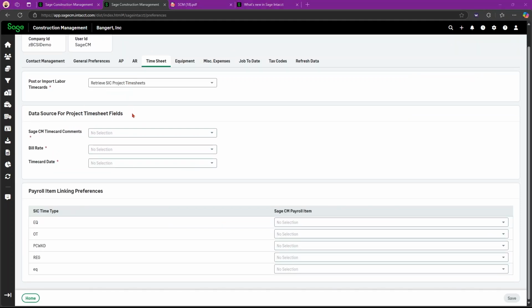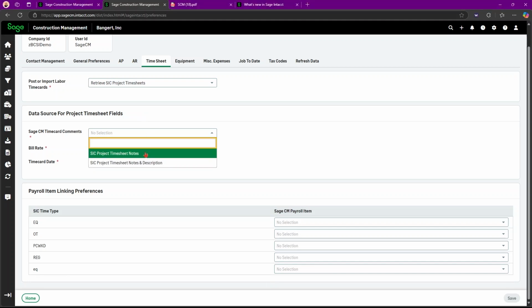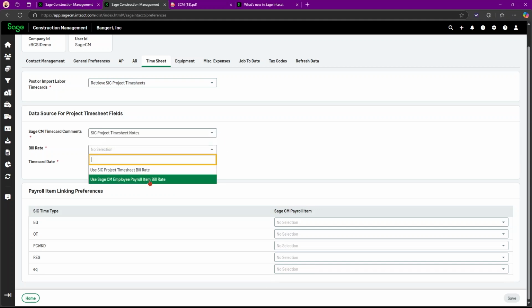So for your timesheets, if you are going to retrieve them from Intacct, you need to make sure that you've selected the Sage CM time card comments. So if you want them coming from the project sheet notes or the notes and description, then the bill rate, if you want to use the Intacct project timesheet bill rate or the Sage CM employee payroll item bill rate.